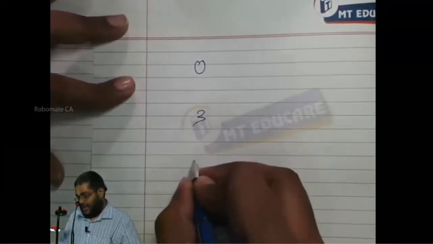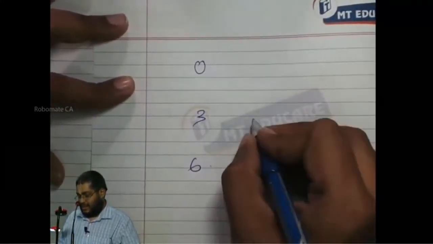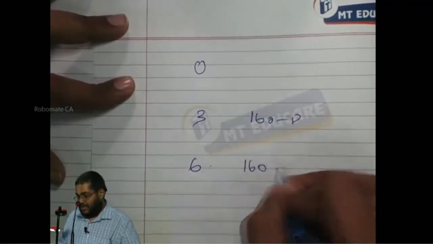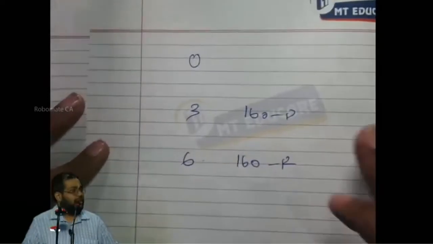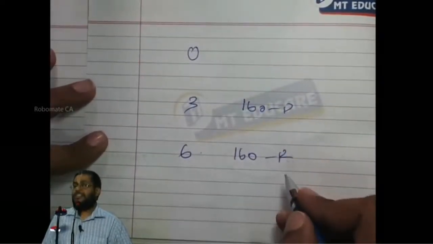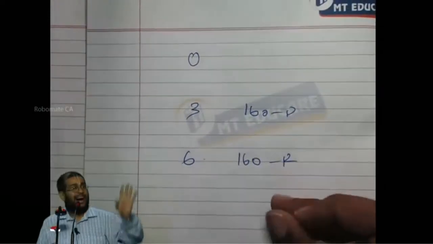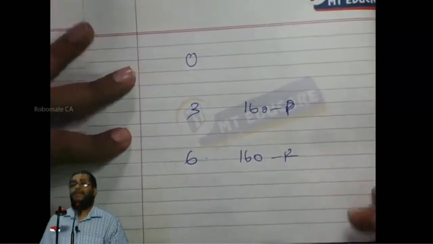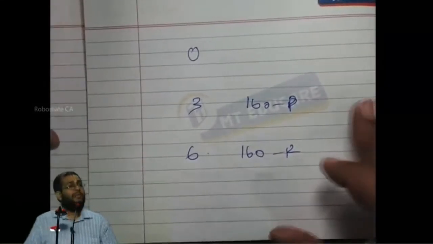One, 3, 6. Then you have what? 160 payable, 160 receivable. Is this understood or not? I have to pay 160 after 3 months. I have to receive 160 after what? 6 months. Accept it? Okay, now what I am going to do is, similar to a money market hedge,